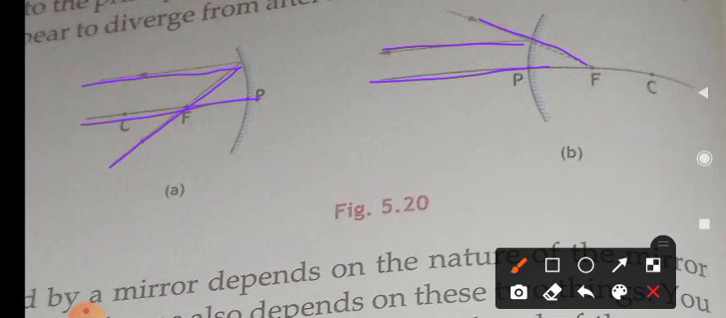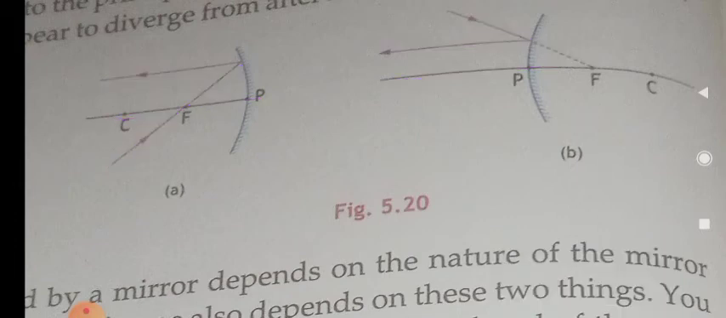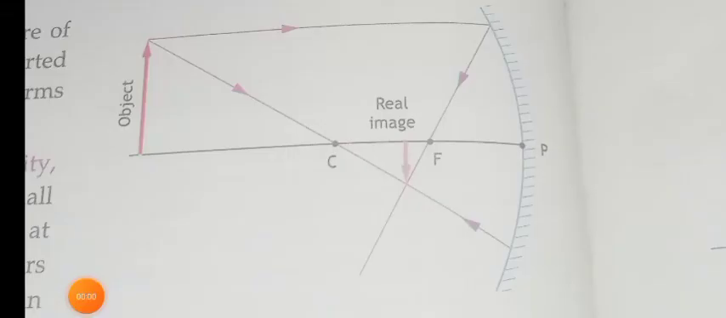So here also the reflected ray is parallel to the principal axis. Do you understand? This is about the reflection formed by the spherical mirrors. Now we are going to discuss how the images are formed by a concave mirror. If the object is beyond the center of curvature,